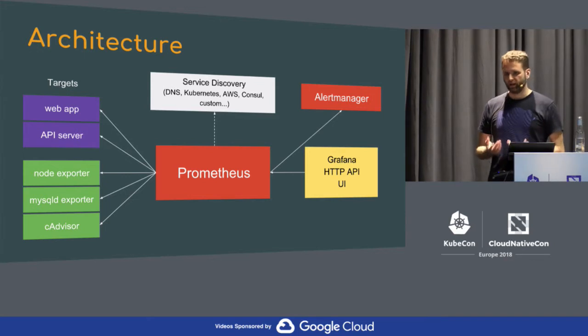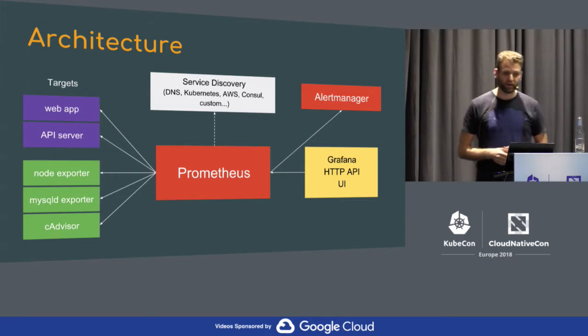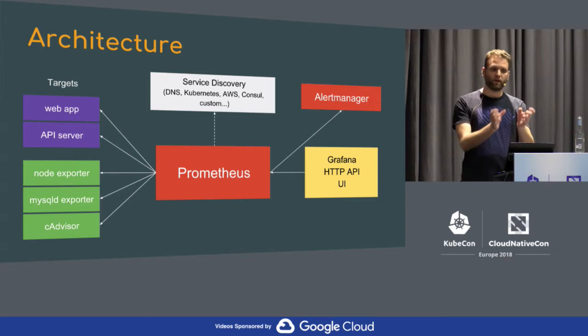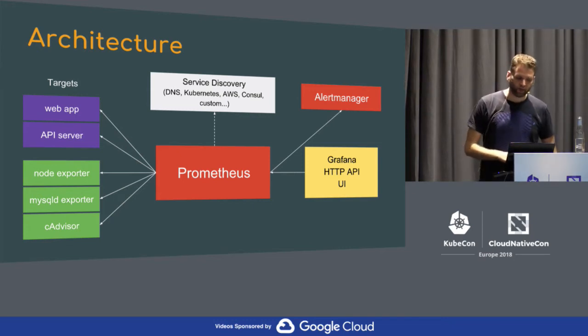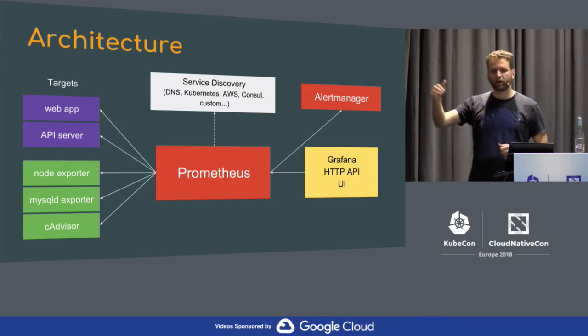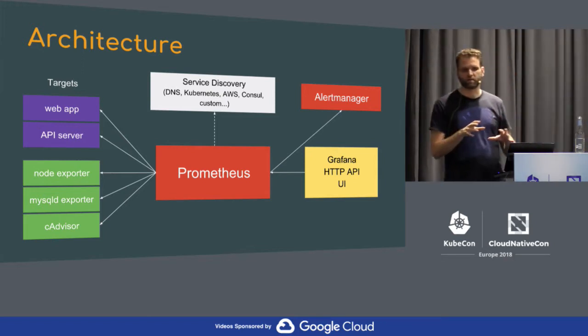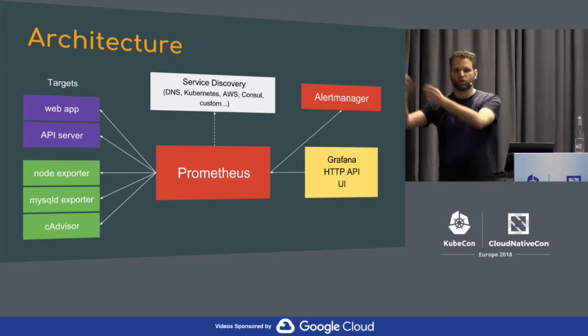For some things, you cannot directly do that. You're not going to put Prometheus metrics into the Linux kernel or into the MySQL daemon, right? For that, we have this exporter model where you run a sidecar job right next to the thing that has metrics in some other format already, like the Linux kernel over the proc file system. For example, the node exporter does that for host metrics for Linux. Then Prometheus scrapes the node exporter, and the node exporter in the background just goes to the proc file system and some other syscalls to figure out actual host metrics, translates them to Prometheus metrics, and ships them back